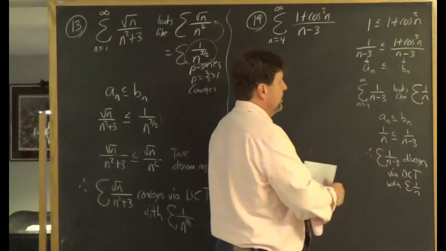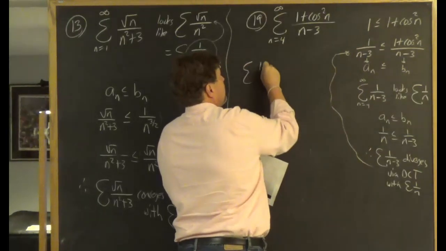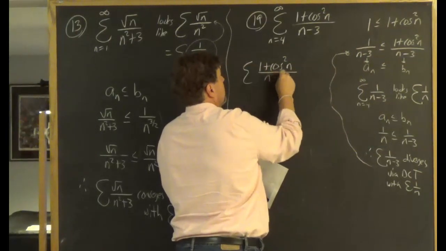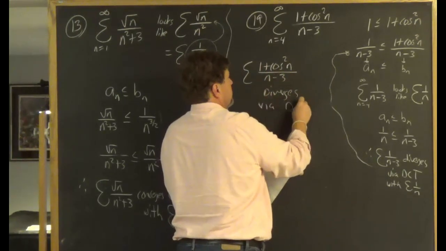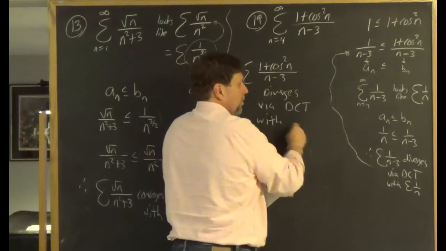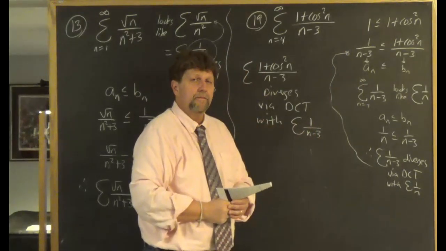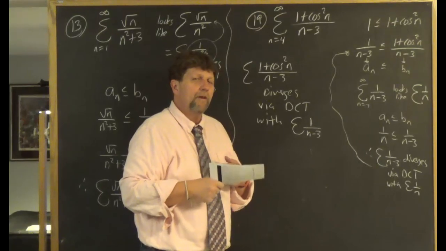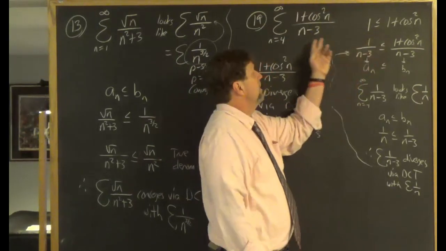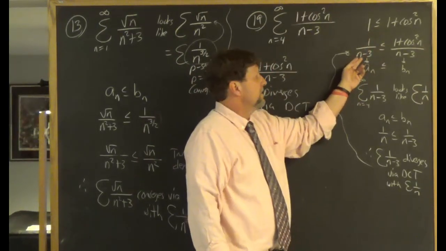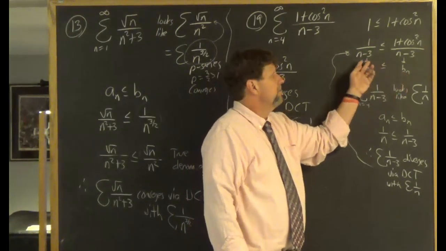Then this information is used to tell us that this series diverges thanks to the direct comparison test with this series that we just determined diverged. This was kind of a cool one. I really kind of liked it because basics of trig allowed us to write this inequality. Basics of algebra allowed us to write this, which then kind of told us, hey, direct comparison test, we know what a sub n and b sub n is,